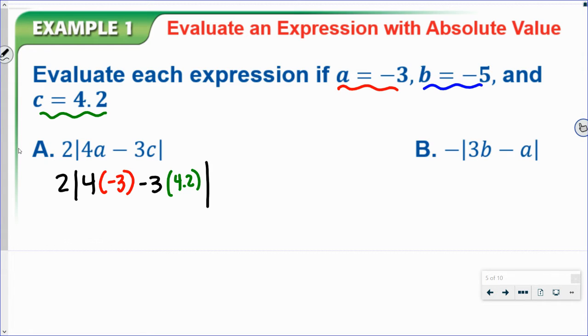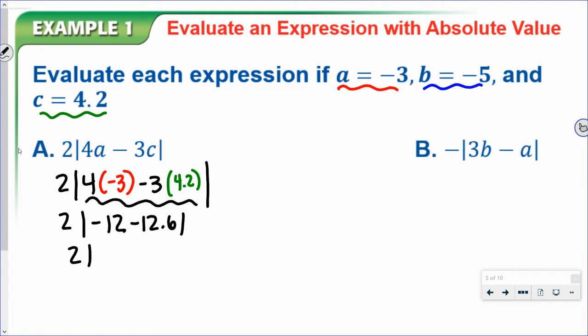So just like in the warm-up, we need to evaluate what's inside here first. We need to do this math of 4 times -3, which is -12. And at the same time, I can do -3 times 4.2, which is -12.6. Then I can actually subtract those, still working within my absolute value bars as if they were parentheses. -12 minus 12.6 is